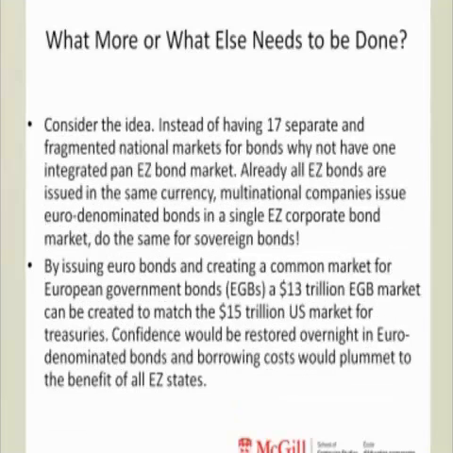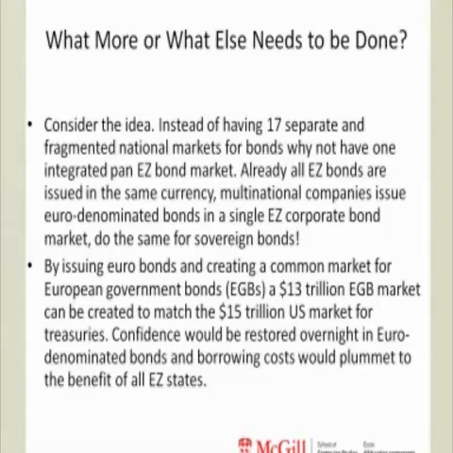Consider the idea of a Eurobond. Instead of having 17 separate and fragmented national markets for bonds, why not have one integrated pan-Eurozone bond market? Already, all Eurozone bonds are issued in the same currency. Multinational companies issue euro-denominated bonds that are sold in one single wide Eurozone corporate bond market. Why not do the same